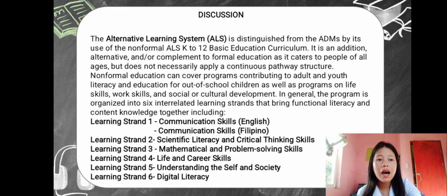So, the Alternative Learning System or ALS is distinguished from the formal education system by its use of the non-formal ALS K-12 basic education curriculum. It is an addition, alternative, and or complement to formal education as it caters to people of all ages but does not necessarily apply a continuous pathway structure. So non-formal education can cover programs contributing to adult and youth literacy and education for out-of-school children as well as programs on life skills, work skills, and social or cultural development. So in general, the program is organized into 6 interrelated learning strands that bring functional literacy and content knowledge together,